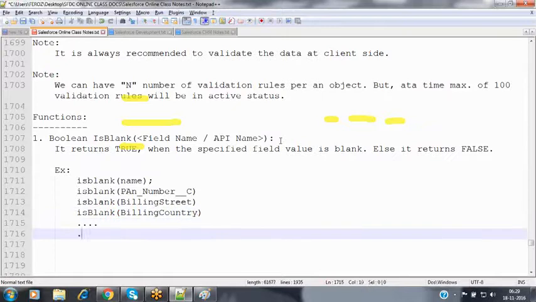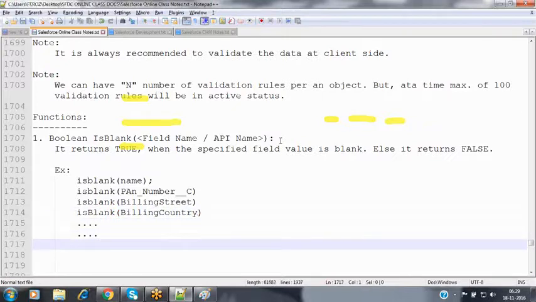Like that, we can validate that here. So now, the isBlank function will return true when the specified field value is blank. Else, it will return the false value to you.